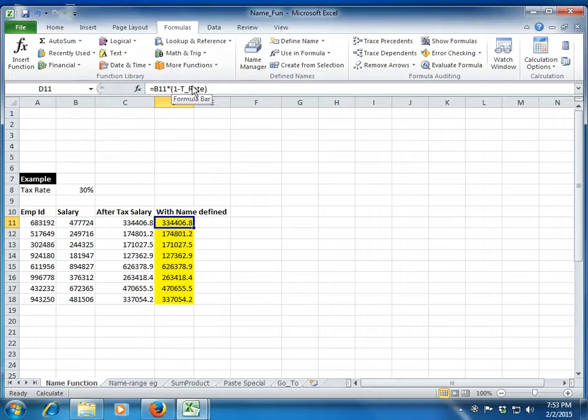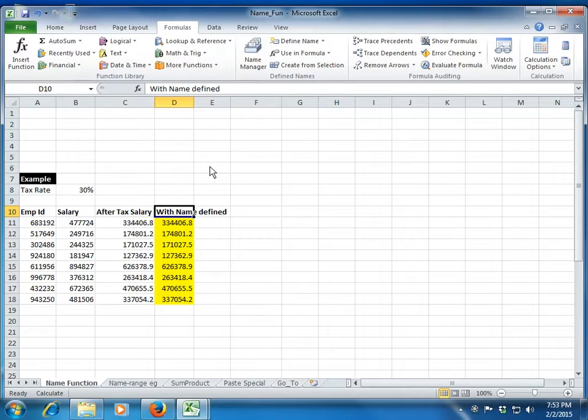So rather than linking it to cell B8, now I have named this cell, and in my formula I'm using that name which I have created, T rate. So once I copy paste, the formula stays as is. B16, B12 will change, but this T rate name which we have given will remain constant, and hence once we have named a cell, we do not need any cell referencing to be used, right?